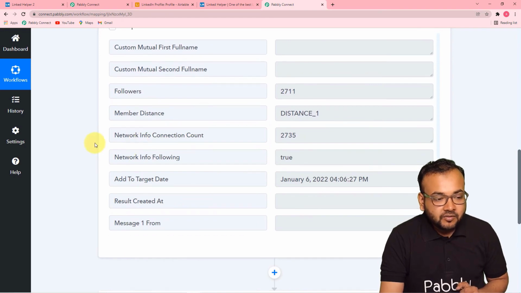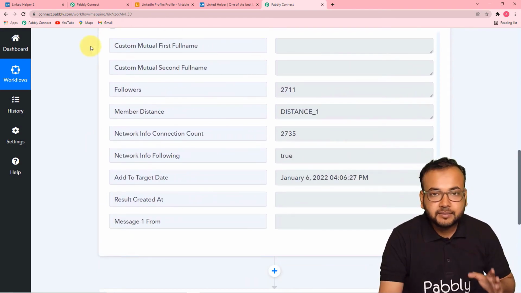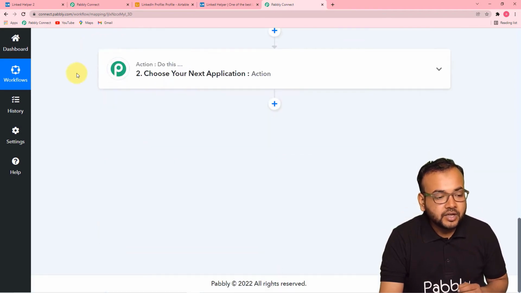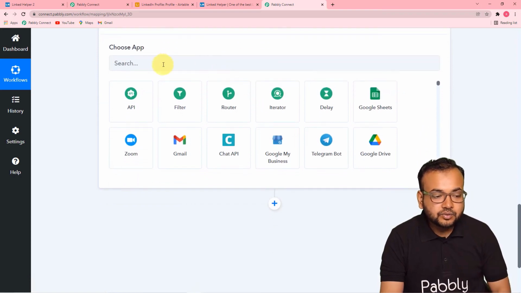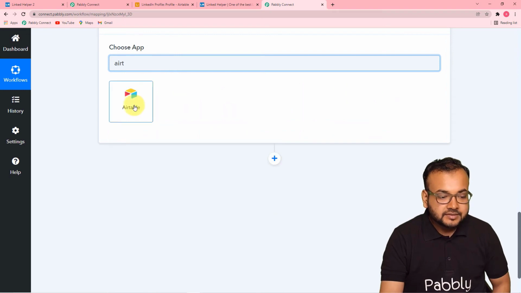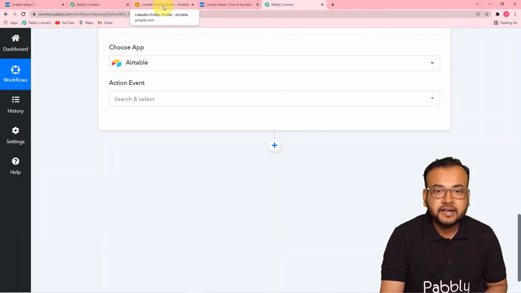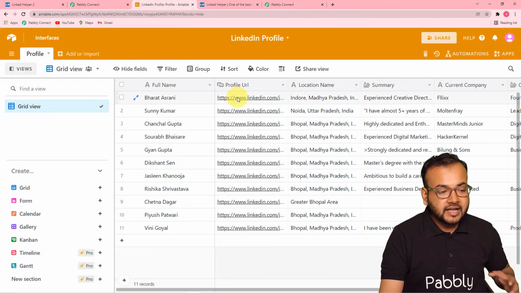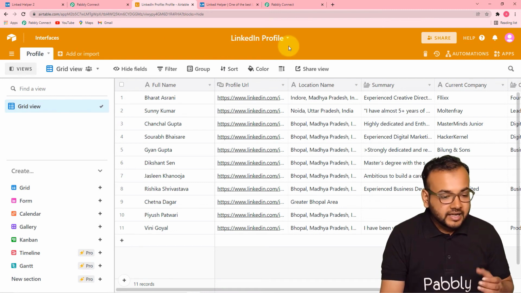Okay, now what we want, I want to save the profiles data to my Airtable base. Okay, for that what you have to do, you have to click here on this action window, and from this choose app field you have to choose Airtable application. This is Airtable, guys, and here you can see I can show you the dashboard of my Airtable account. This is it, and here I have created this LinkedIn profile base. This is a base I have created, and here you can see I have this table named as profiles table,